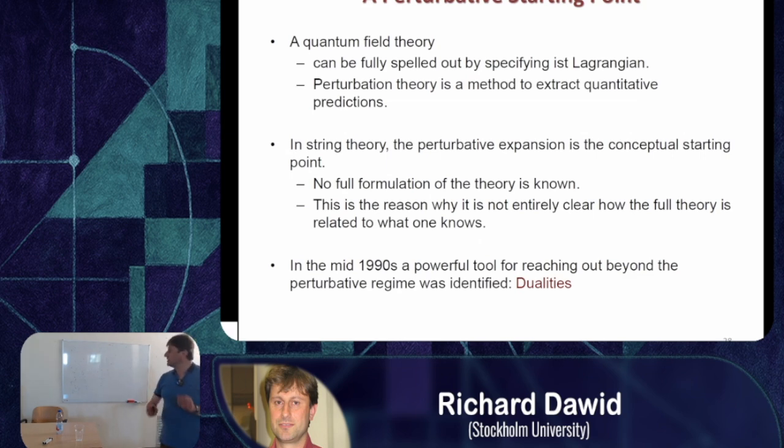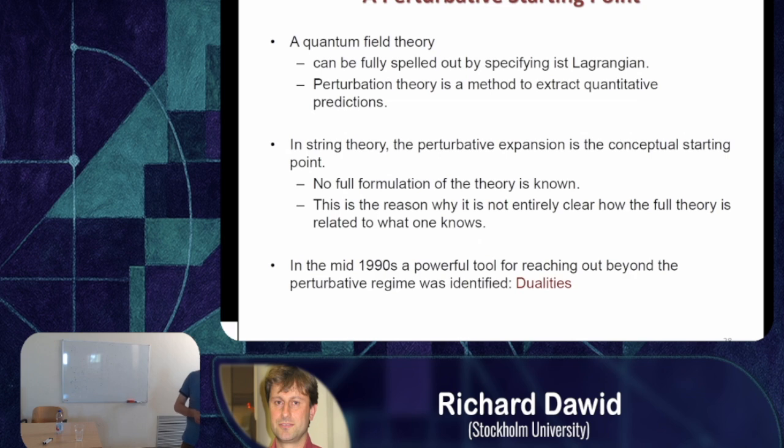All right. So now if we compare the current understanding of string theory to, for example, quantum field theory, one understands that string theory is in a fairly peculiar state, let's say. If we think about quantum field theory, we start with a full representation of the theory. So a gauge field theoretical model can be spelled out in terms of specifying the Lagrangian. So you introduce all the fields, you introduce the coupling structure and so on. Then it is important in this context to introduce perturbation theory because you want to extract quantitative predictions. And so perturbation theory is a method, if the theory is weakly coupled, to extract such predictions to quite high